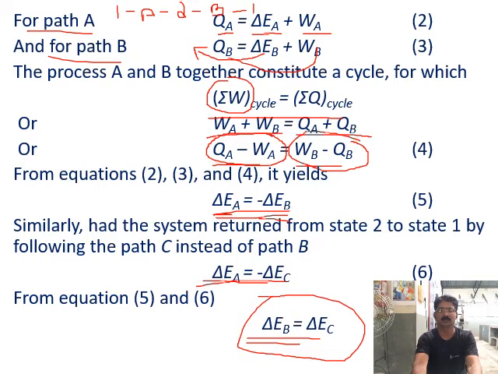So before you prove this, delta EA is equal to minus delta EC. So you have to consider path 1A. The forward path is the same, the final point 2 is the same, but the return is on a different path, to C and back to 1. So you can even consider it as the cyclic cycle 1A to B1 and 1A to C1 also, you can write down, no issues.